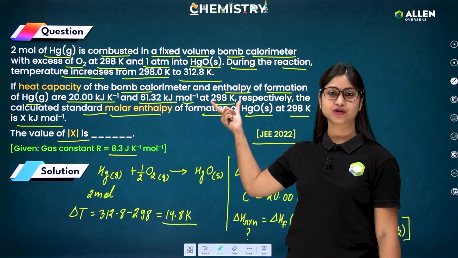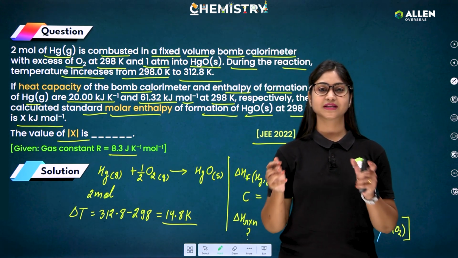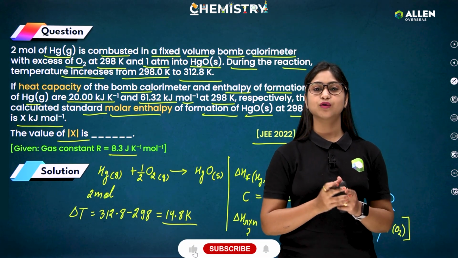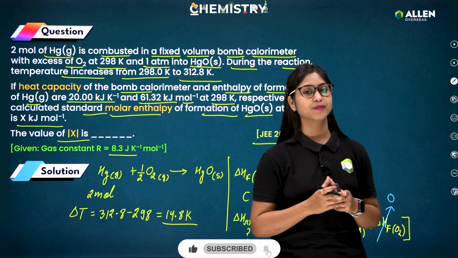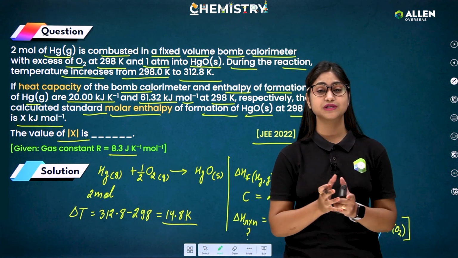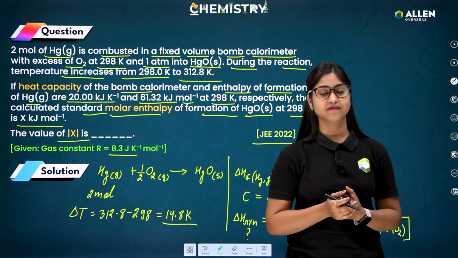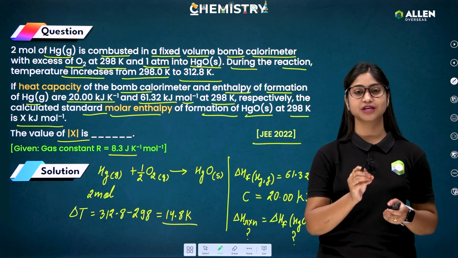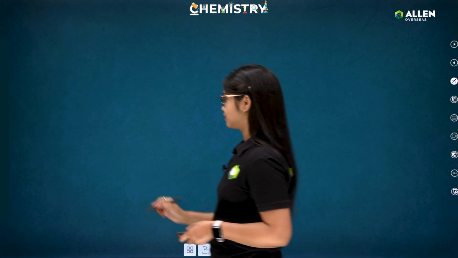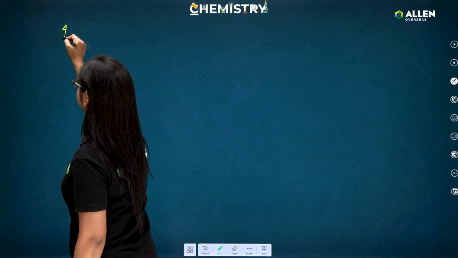So we have a bomb calorimeter. In a bomb calorimeter, the combustion is taking place at a constant volume. So we can find out the heat exchange taking place in the bomb calorimeter, and we know at constant volume, whatever heat exchange is taking place, that gives us the value of delta U, that is the change in internal energy. So that's what we can calculate, okay? So let's see. In a bomb calorimeter,